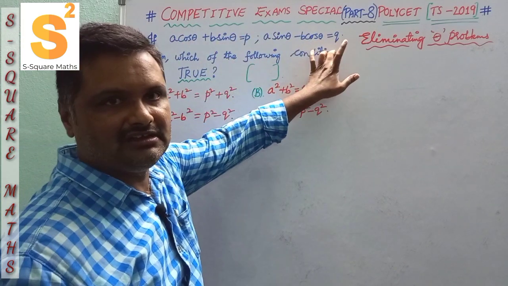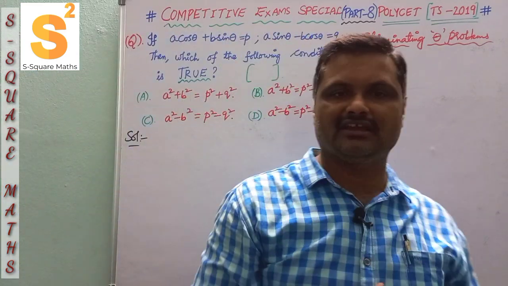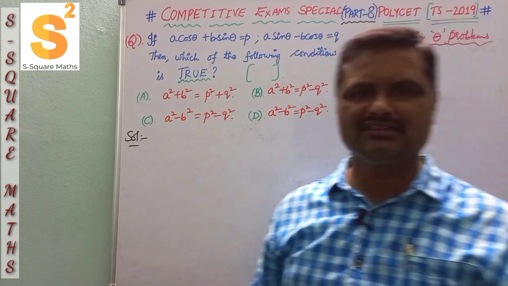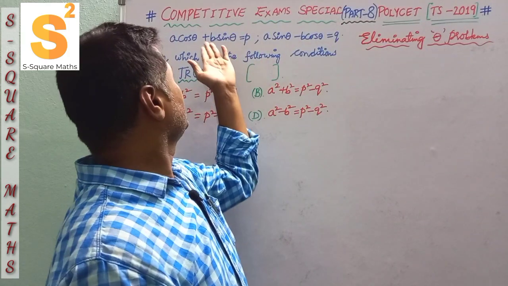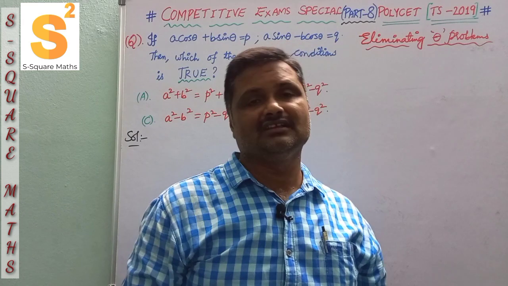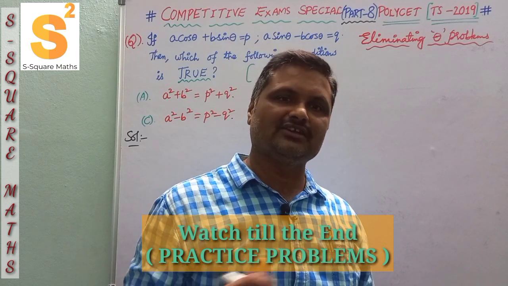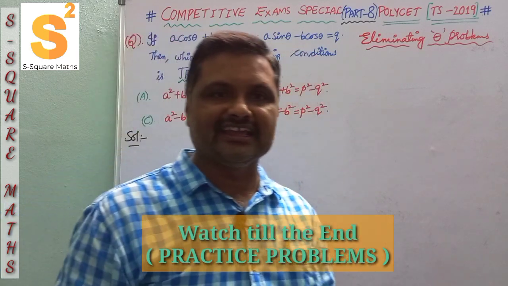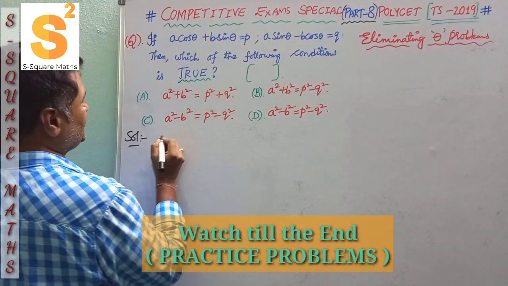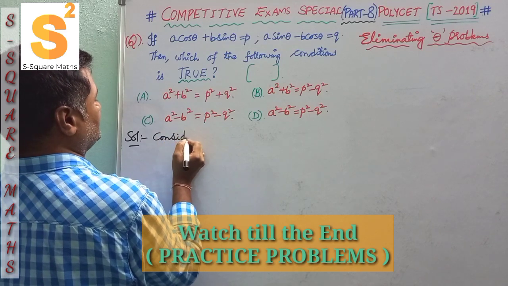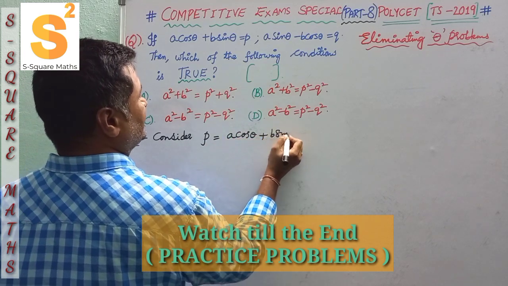So P is given, Q is given. Now if you observe carefully the four options, A, B, P and Q are all squares. So with that also you can go through squaring on both sides. At the same time, here you have sin theta and cos theta as the trigonometric ratios. So there itself you can suppose that we can do squaring on both sides and next adding. Why adding? Because sin square theta plus cos square theta is always 1. So now consider P is equal to A cos theta plus B sin theta.